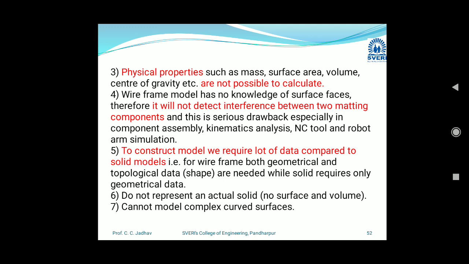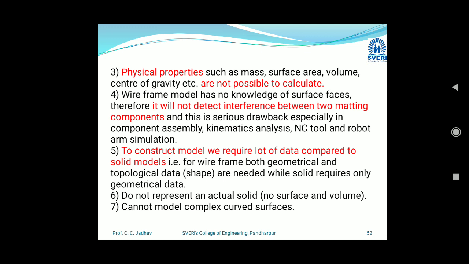To construct a model we require a lot of data compared to solid models. For wireframe modeling we need more data for creating the model as compared to a solid model. For wireframe, both geometrical and topological data are needed, while solid modeling requires only geometrical data.